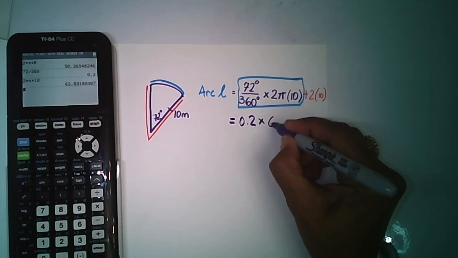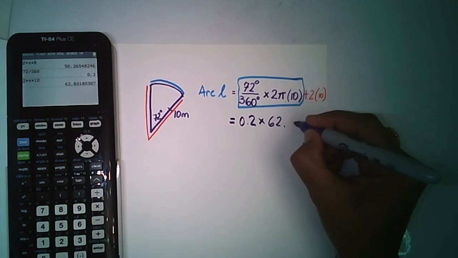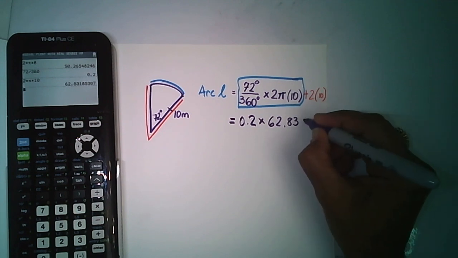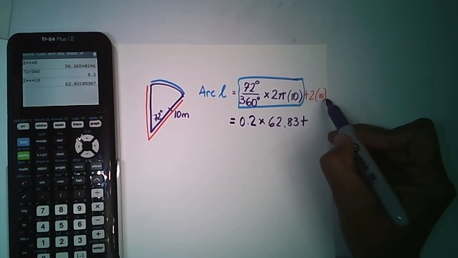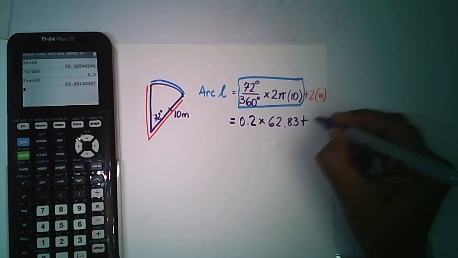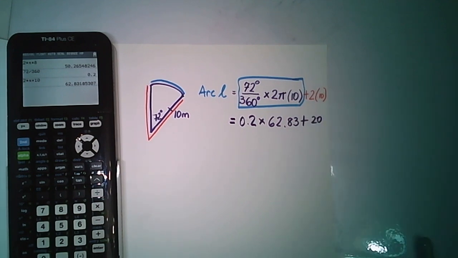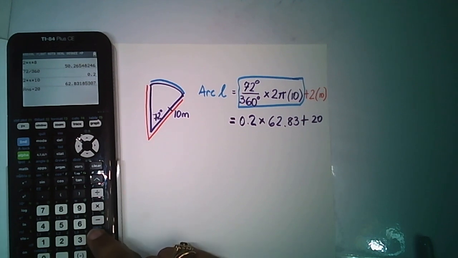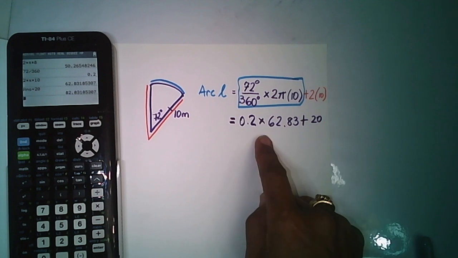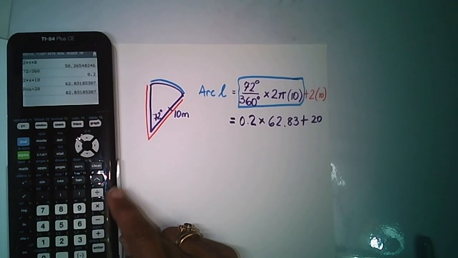That's going to give me a 62.83 plus 2 times 10, we don't need to calculate for that, is 20. See, the sum becomes completely more palatable. I'm going to leave that long number embedded in there with all the decimal points. Add the 20, which is the 2 radii, to that. Get another answer, but I mustn't forget about the 0.2